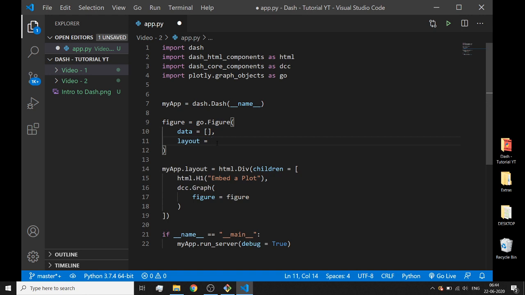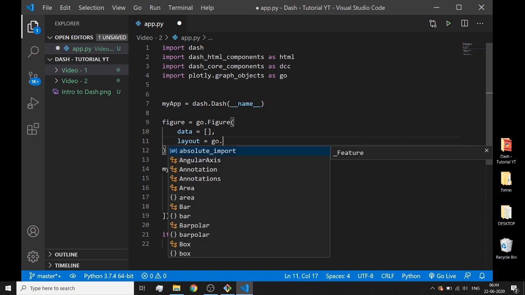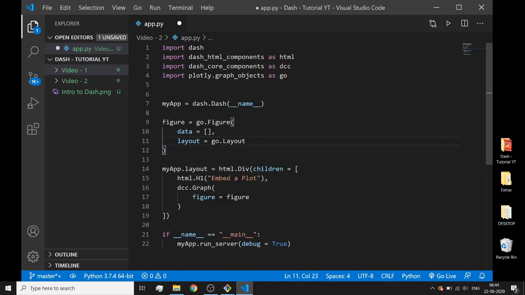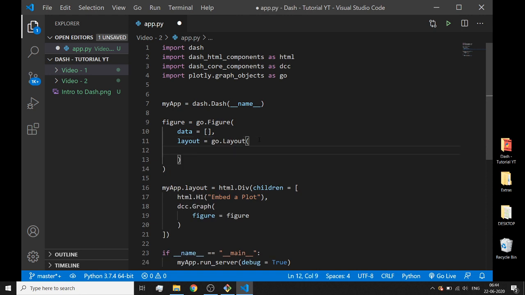Instead, I like to call go.layout, a method from this graph object library, and in this method I can specify title is equal to a text. So I can call it something like a bar plot.